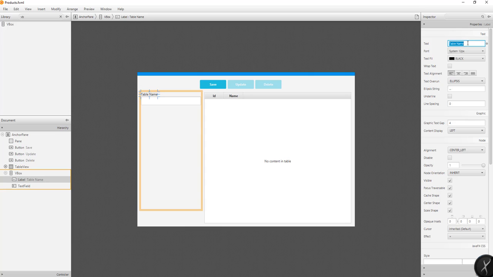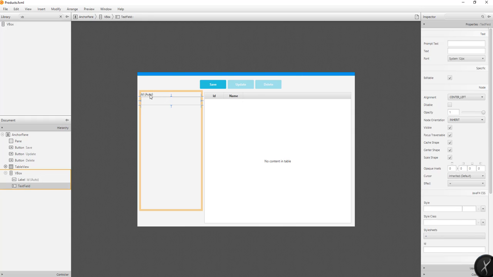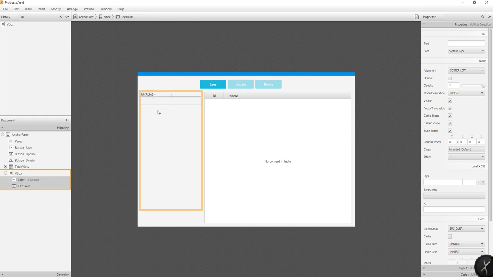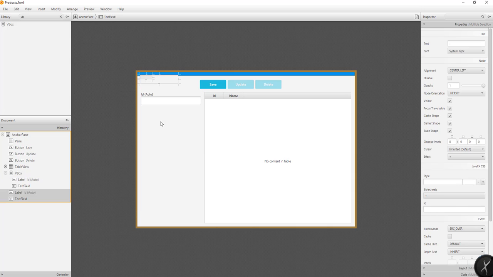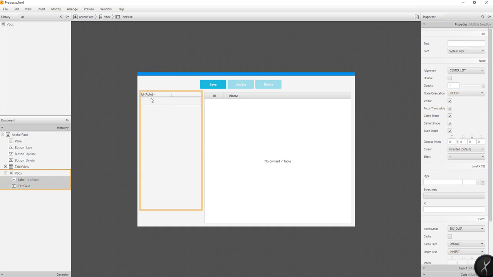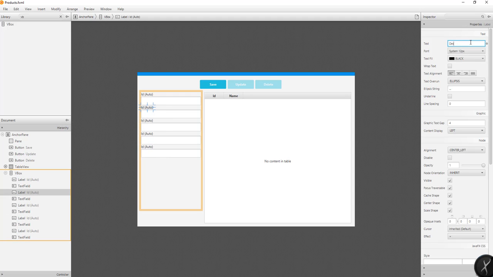Of course this will be for our ID, which is auto increment. We could copy and paste this, copy and then paste. Okay, paste, paste. This will be for the description. This will be for the price, category,